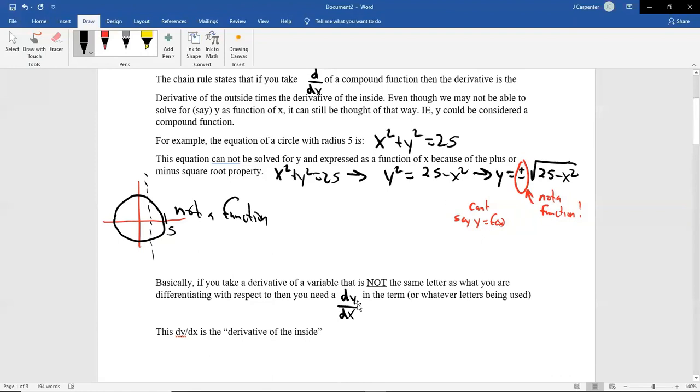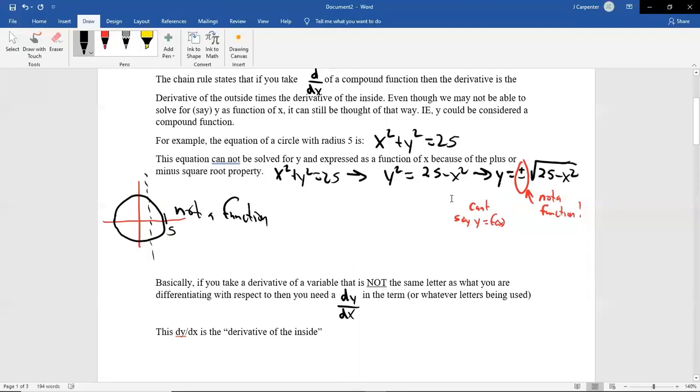That's kind of like the derivative of the inside, because this y, yeah, it can arguably be solved for something, but we're not explicitly writing it. So there's an inside, so the dy/dx counts as the derivative of the inside. Just saying the derivative of y squared is 2y would be the derivative of the outside. But we're not actually going to take the derivatives of the inside. We're ultimately going to solve for it. It feels a little weird at first.